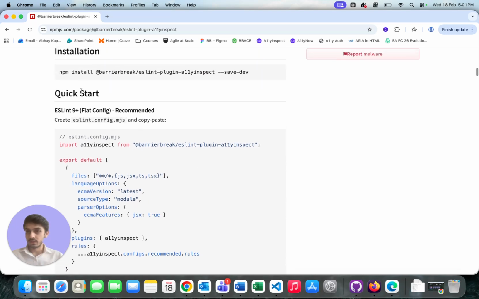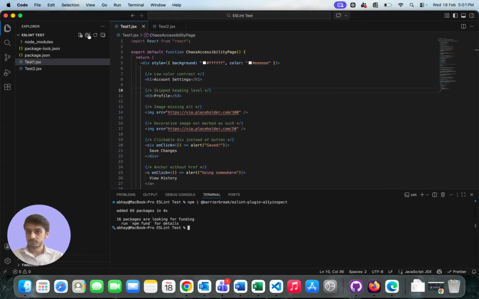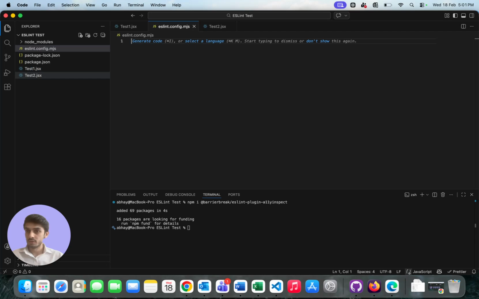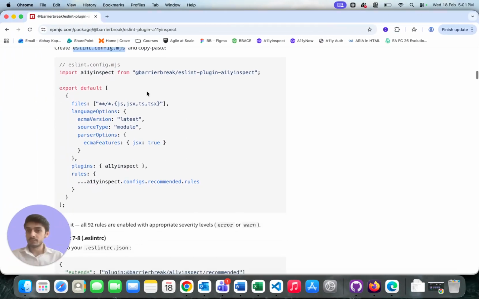So the quick start option here will describe exactly how you can create your config file. eslint.config.mjs. Within the ESLint config, what you need to do is paste which rules you would like to test with,